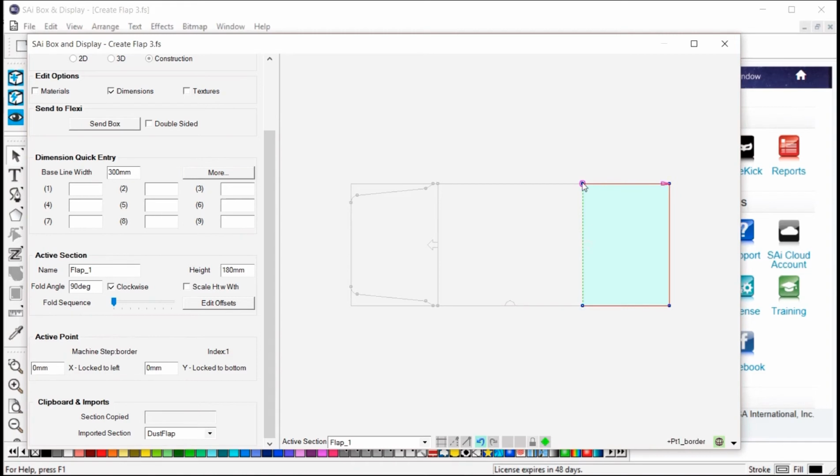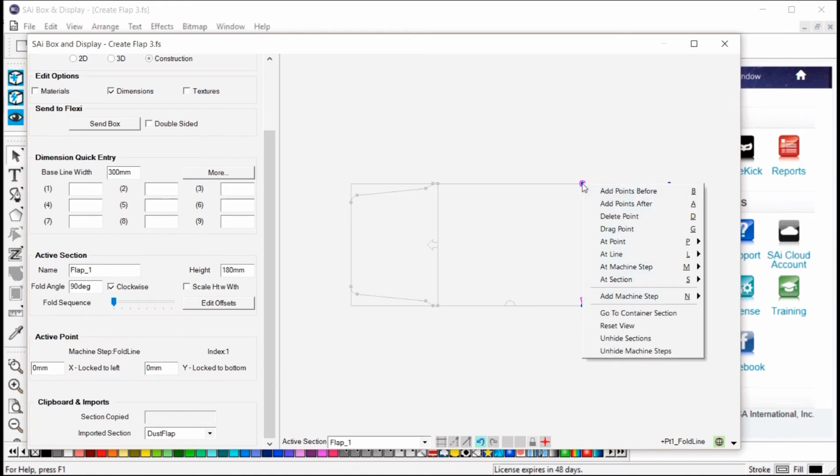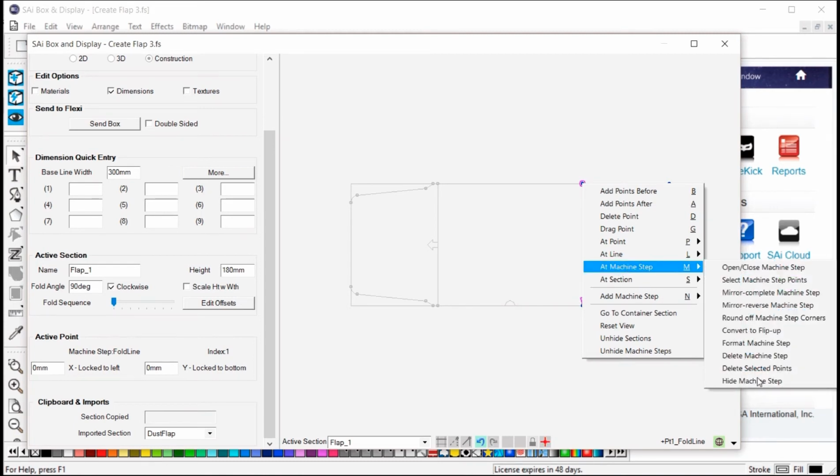If we go to this one, we first select the border, but see the plus sign is there, so I'm going to click on it again so that the fold line is selected, and then if I right click on it and go to machine step and then hide machine step,